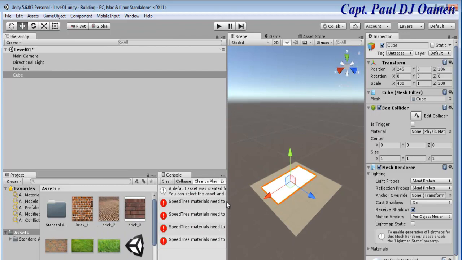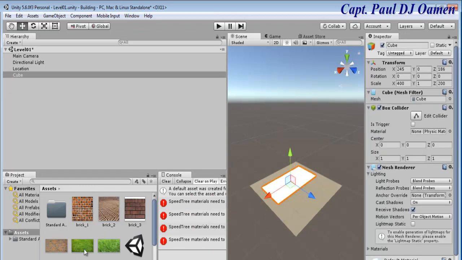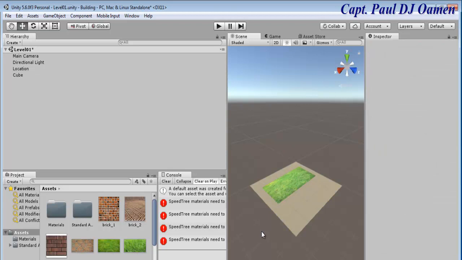Now, because I want this to be grass, I'm going to drag this very one and just dump it on it. There we go. No, I don't like that one. Let's change it to this one. Right, that one looks a bit alright. Okay, the next thing we want to do is,